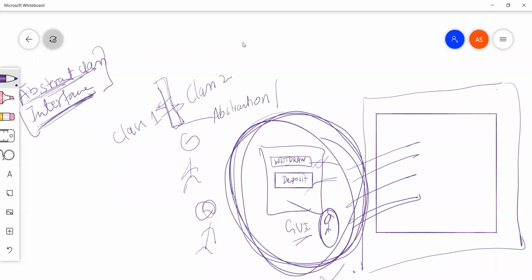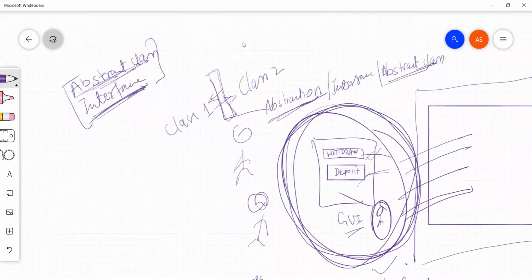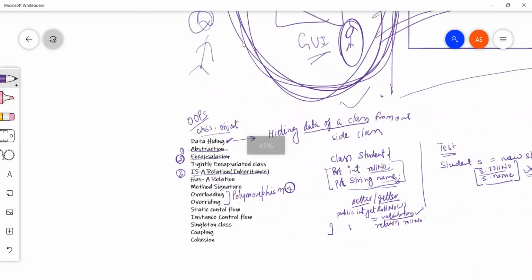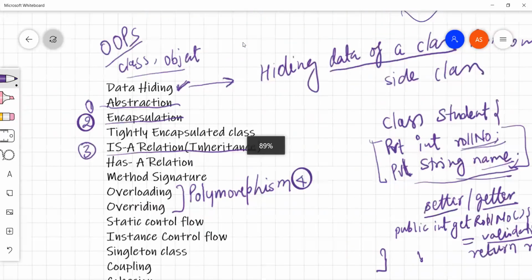We will introduce interfaces and abstract classes to achieve this abstraction in Java. So far, you got the basic idea of what abstraction is? If not, let me know, and I'll try to take more examples.